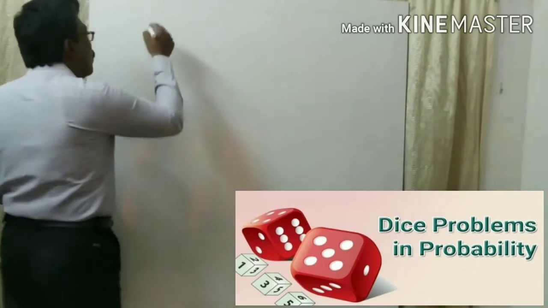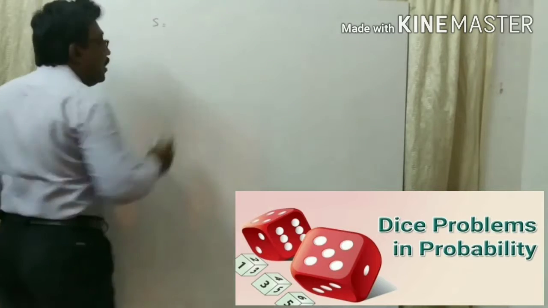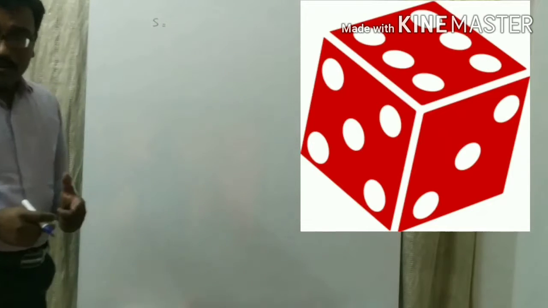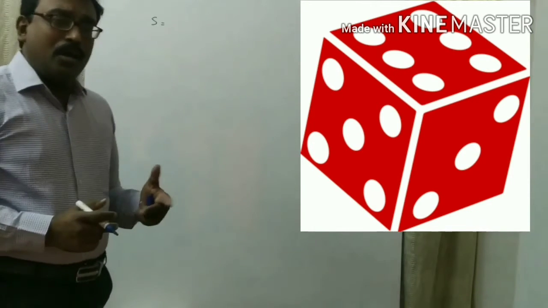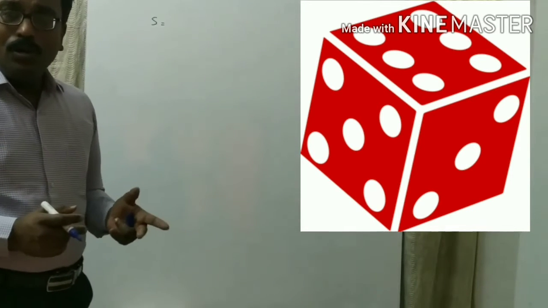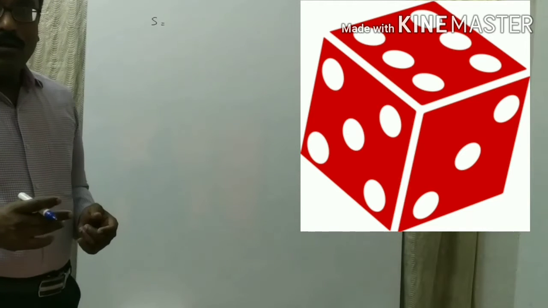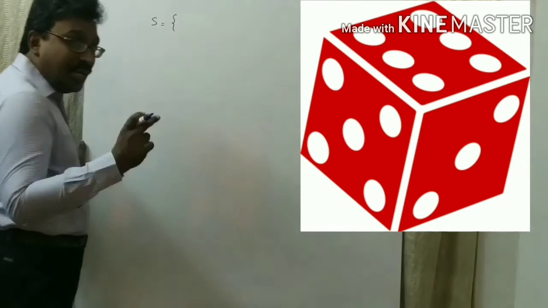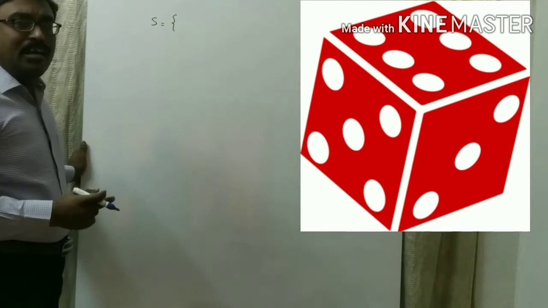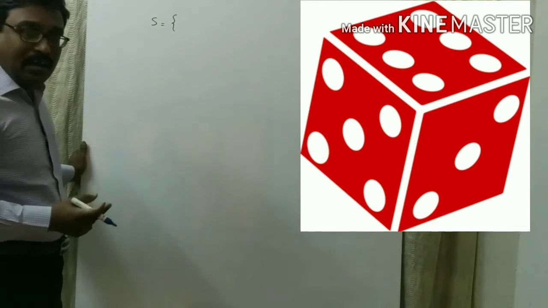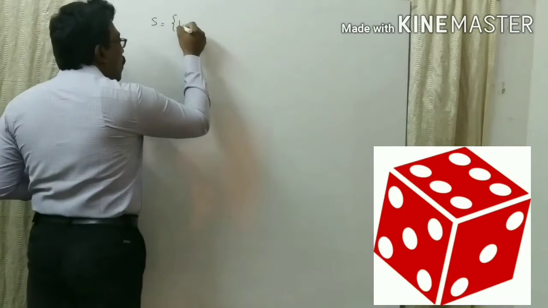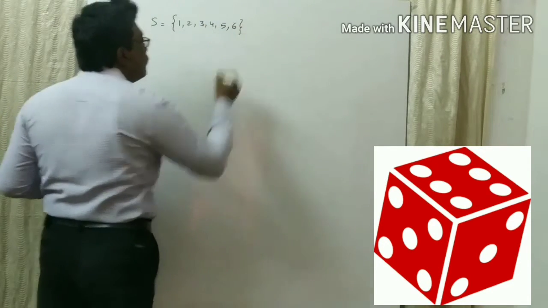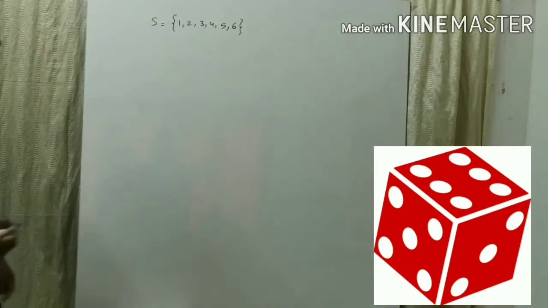If one die is rolled, you can see the picture there. One die is rolled, like while you are playing snake and ladder, Ludo. If a die is rolled, what numbers will you face or see on the dice? Any one side we can consider as the face of the die. So that can be 1, 2, 3, 4, 5, 6, if one die is rolled.